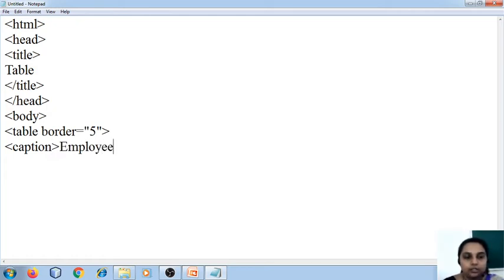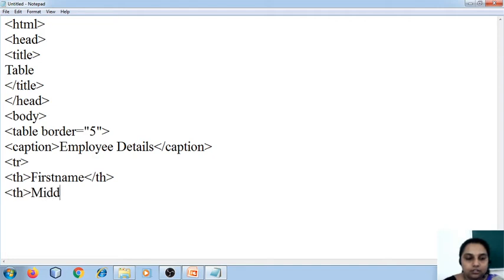Employee details. Okay, this is my caption. Now I want to create 3 rows, and I'm going to give the headers as first name, close the header, then middle name, close the table header tag, and then last name.